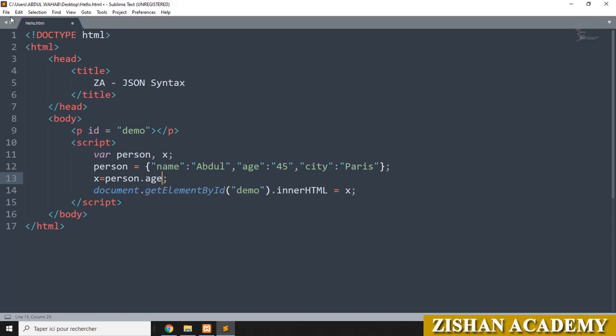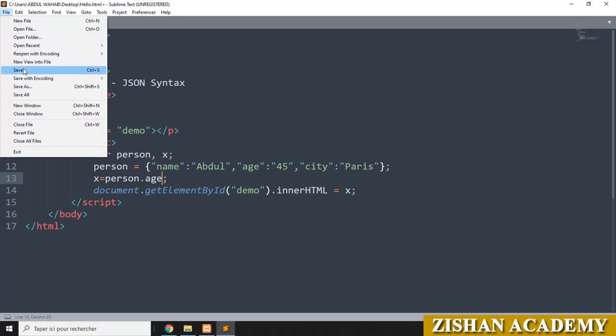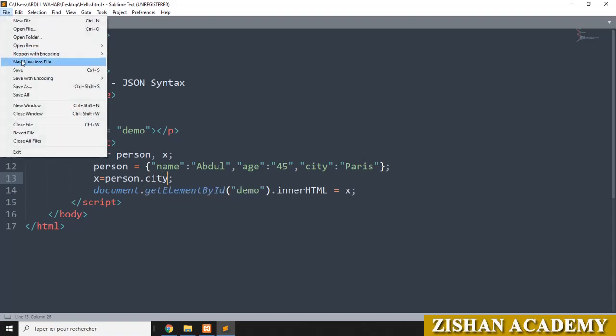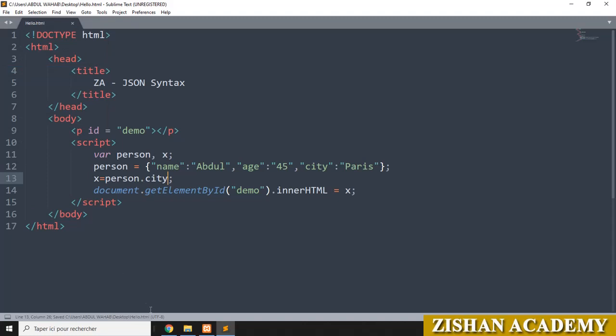Now save the file. Go to the browser, refresh it here. You will get the age here. Now if you want city, you can change it to person.city here. Go to file, save the file, go to the browser, refresh the browser. Here you can see I got Paris, the city name.